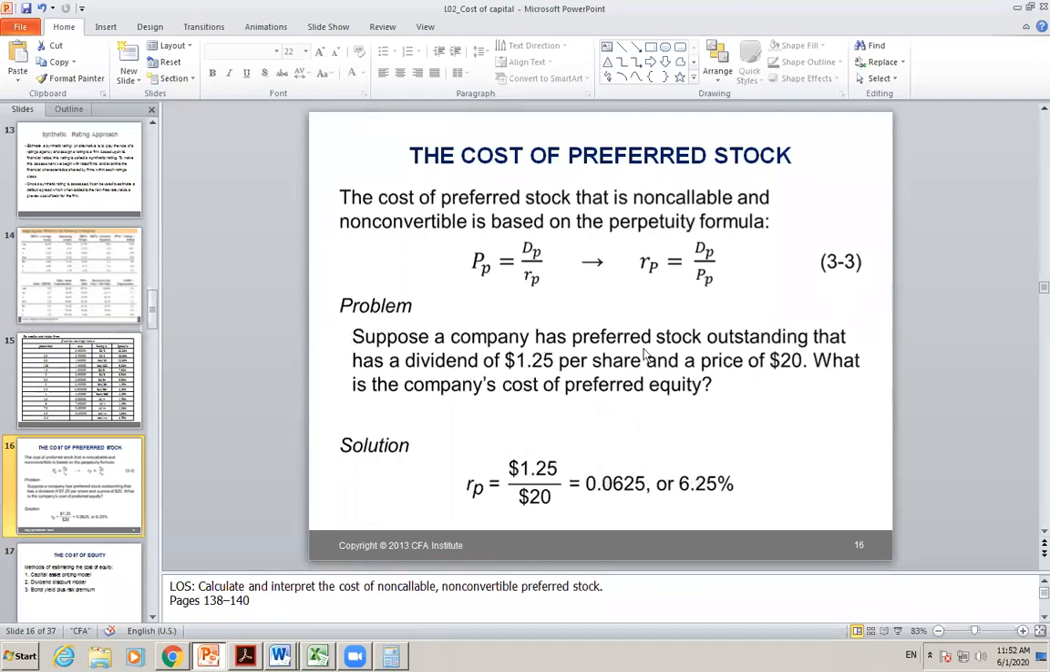And suppose the company has a preferred stock outstanding that has a dividend of $1.25 per share, and the price is $20. So what is the company's cost of preferred equity? You just substitute the numbers and come up with this number, okay? It's just straightforward. It's very rare, but it happens sometimes, that there is a callable or convertible preferred stock,